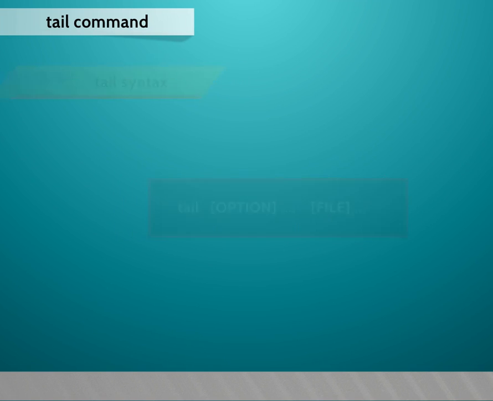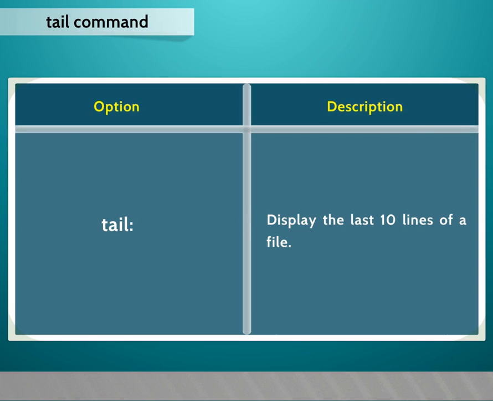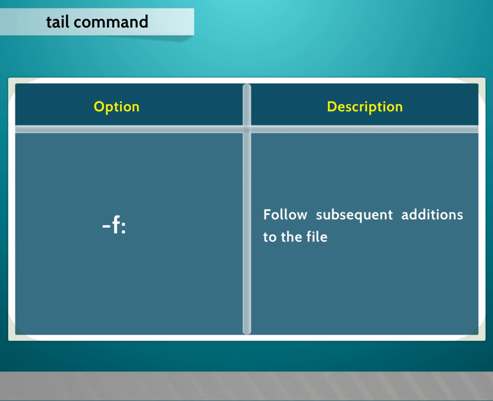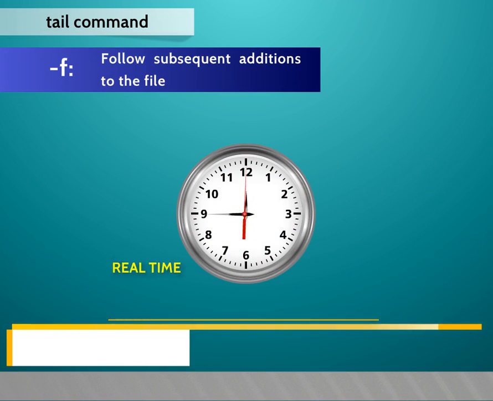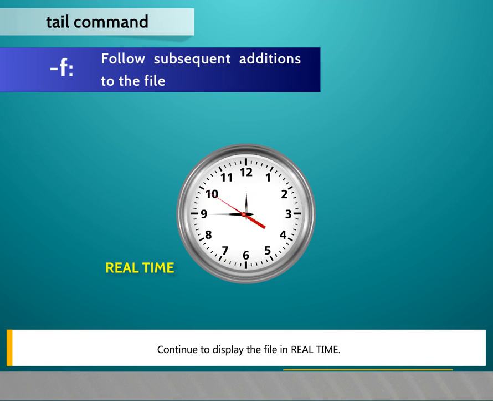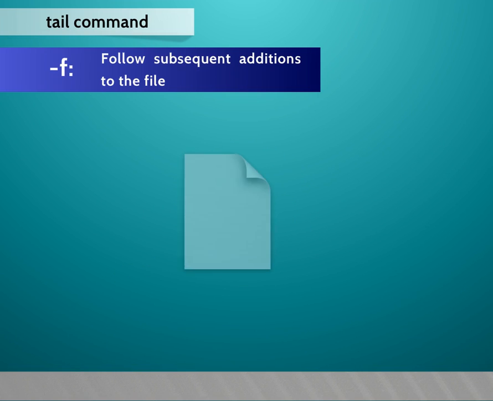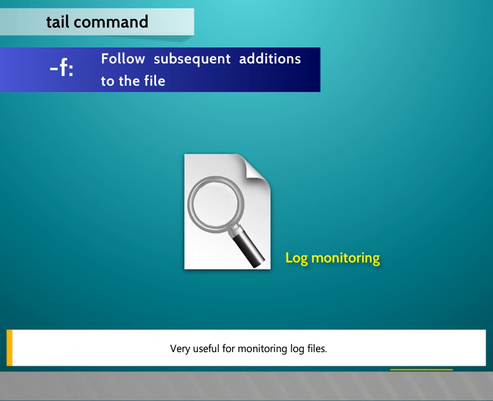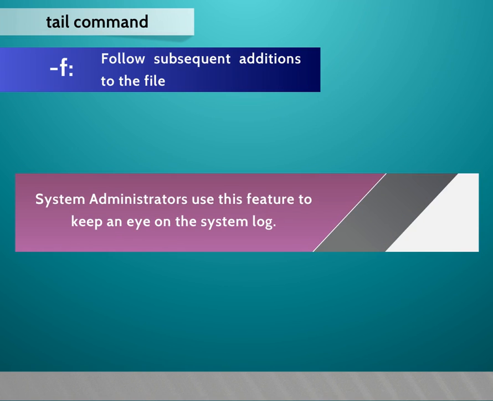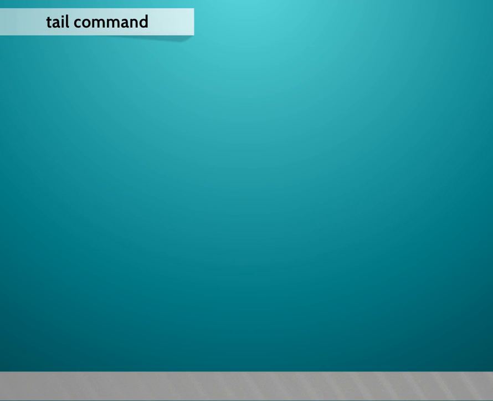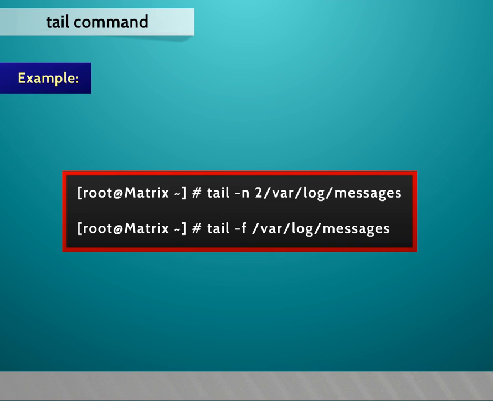Tail syntax. Tail displays the last 10 lines of a file. -n specifies the number of lines to display. -f follows subsequent additions to the file and continues to display the file in real time. Very useful for monitoring log files. System administrators use this feature to keep an eye on the system log. Example: